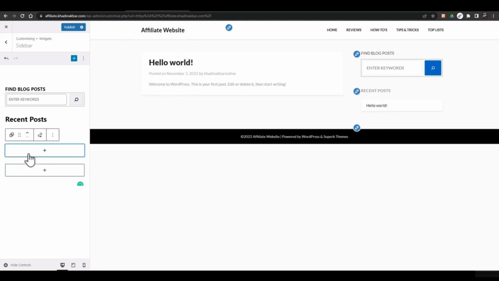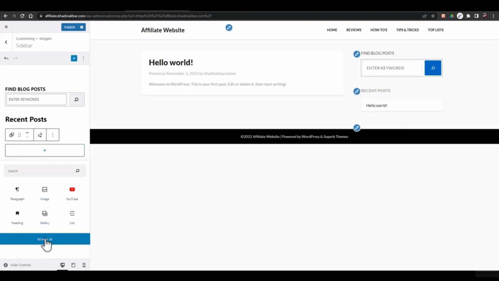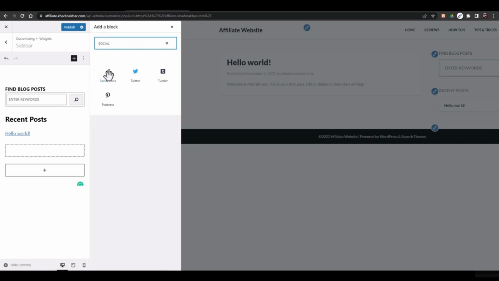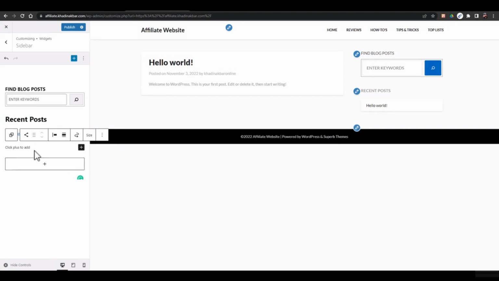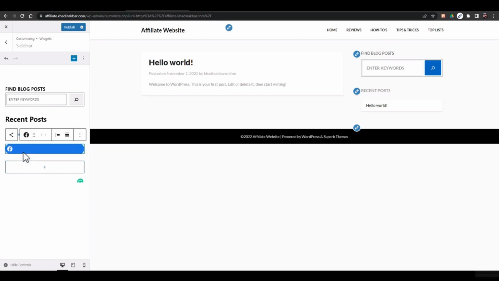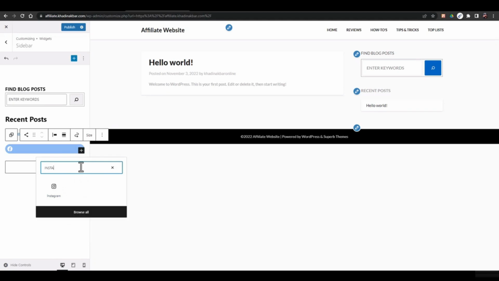Now if I want to add any new thing, then I'll have to click on this one. I'll add it, and then here I can search for social. So here we have the social icon. So we can add the social icons here as well. And here click on plus to add a social icon. So I'll add Facebook, then I'll add, and I can also add like, here I have, I'll just click on this one. Here I have add button, and then I'll add Instagram,